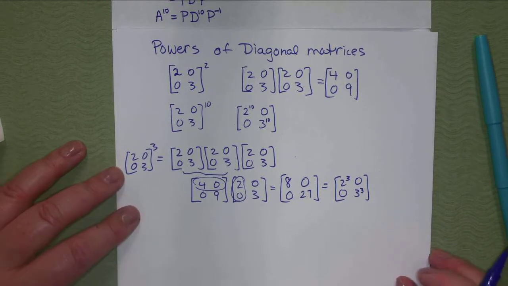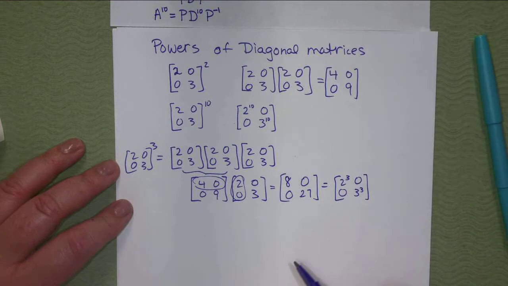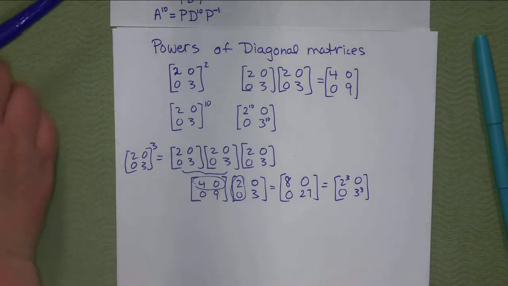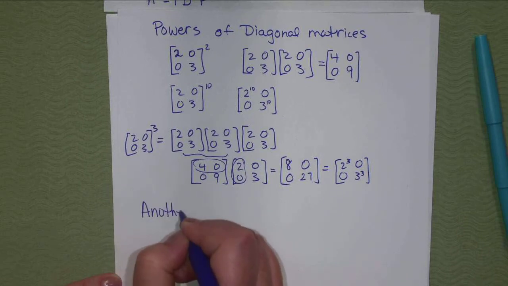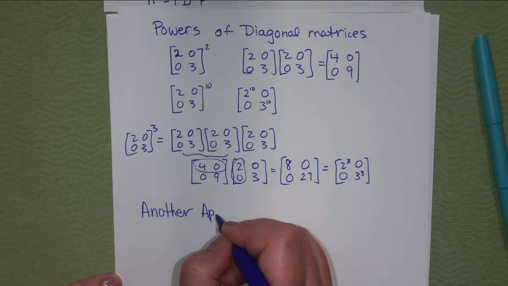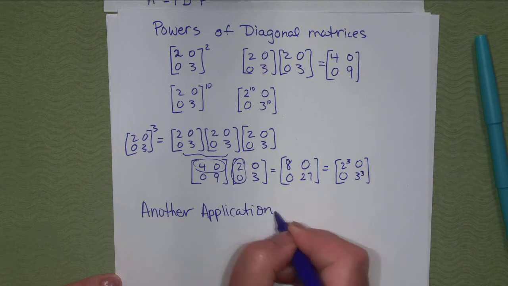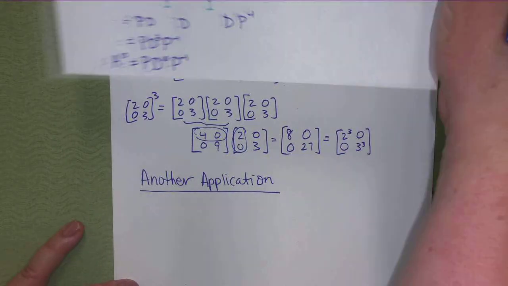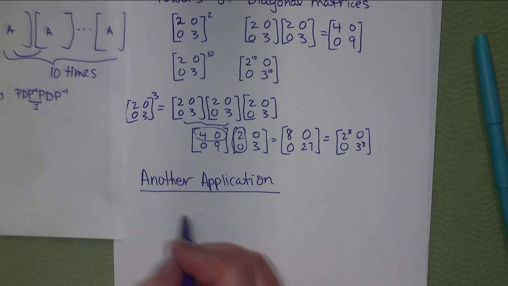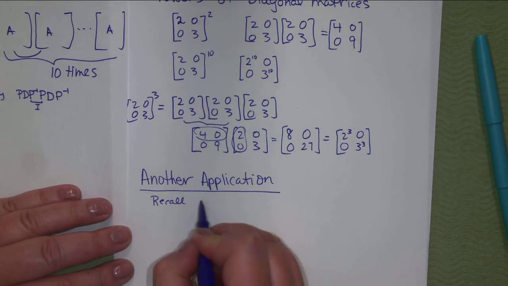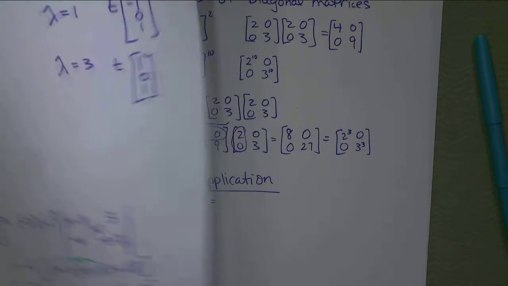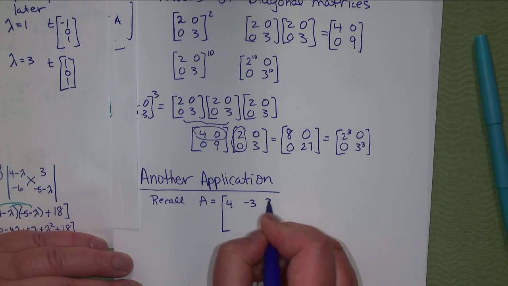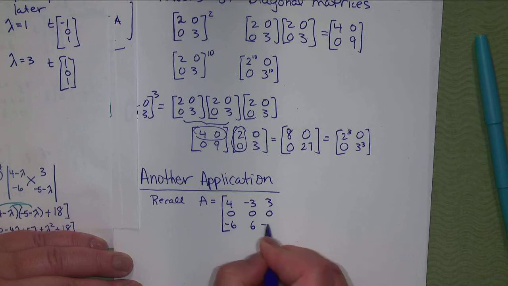All right. So we're going to do it for a 2 by 2 because I'm not going to find the inverse for that one that we just did. So I'm going to write down A from our last question. So A was the matrix 4, -3, 3, 0, 0, 0, -6, 6, -5. And we found the diagonal